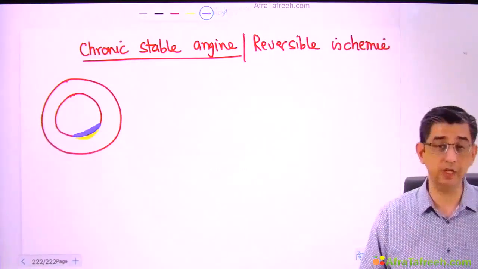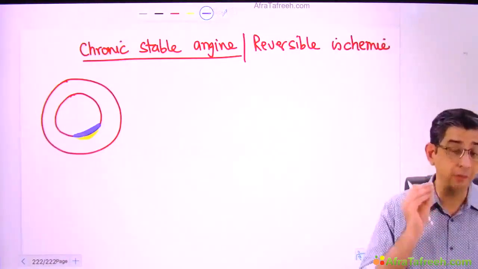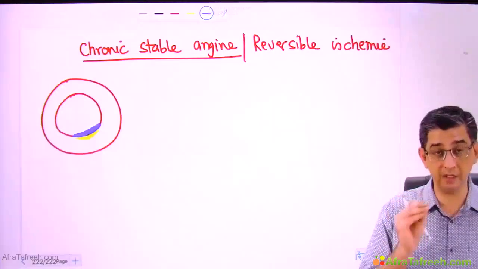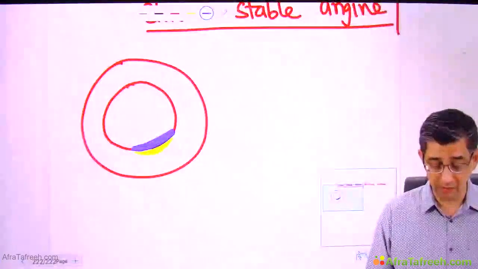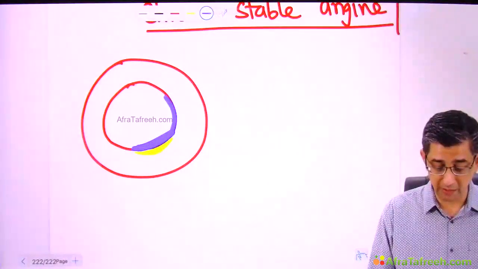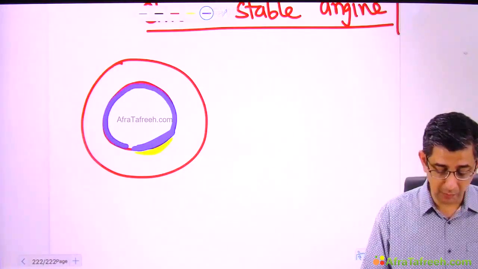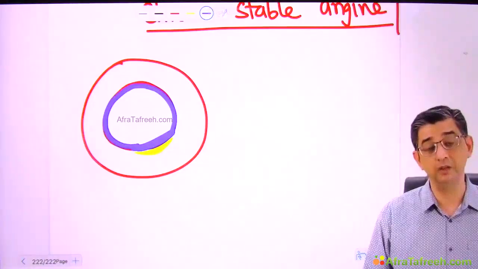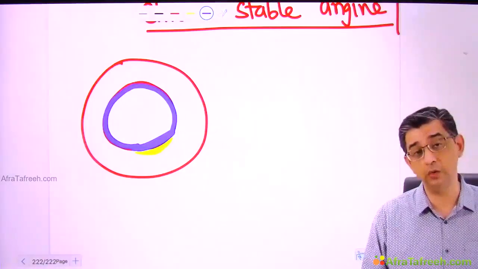And let me say he's a big time smoker, maybe does 2 packets of cigarettes every day. Though his family members, his wife, his children had asked him to give up smoking because he smells so bad of nicotine all the time, this guy, oblivious to everybody else, continues to smoke. And as he continues to smoke, smoking is an important risk factor for heart disease. The atherosclerotic and the fibrosis component, which are shown in blue, will continue to increase.